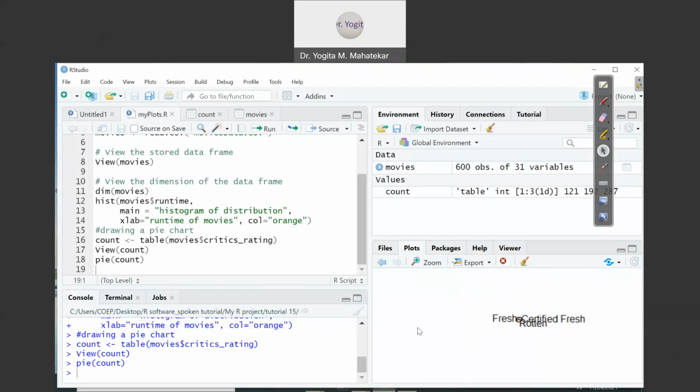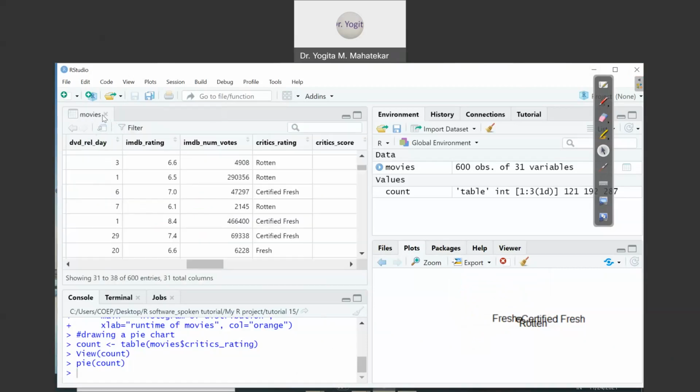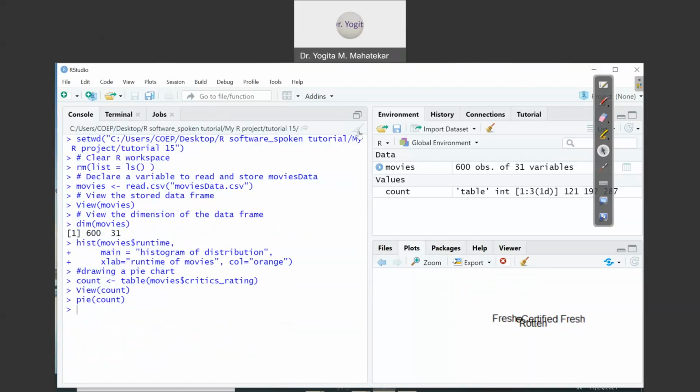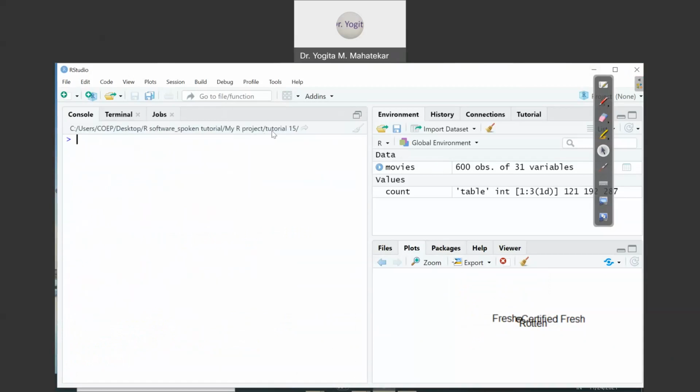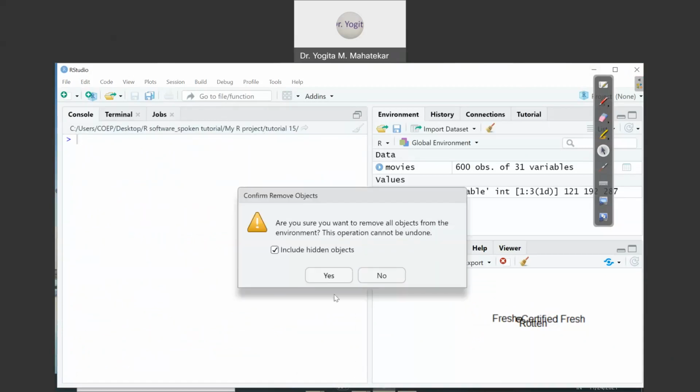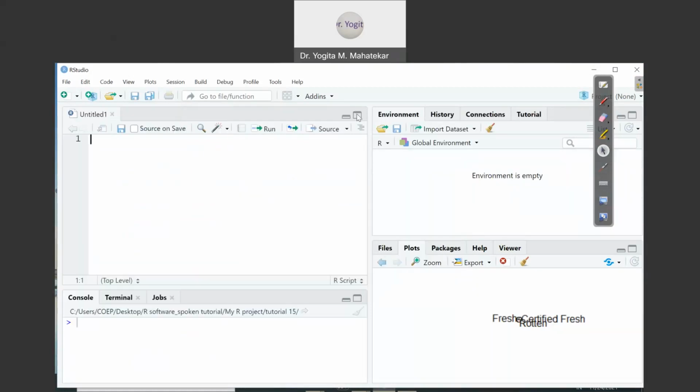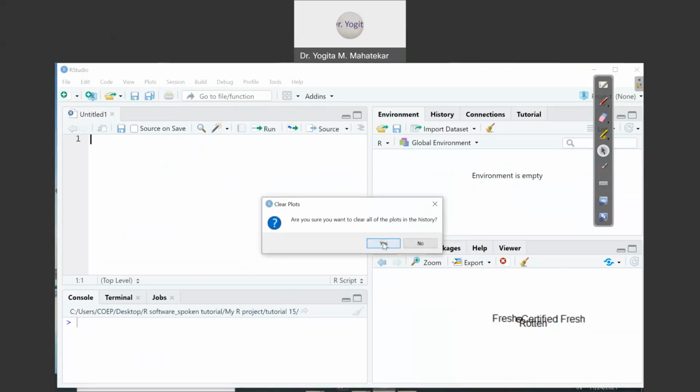Now we will go towards plotting bar charts and scatter plot. For that I have to change my current working directory because I have stored the commands in some other script file in the folder, namely tutorial 16. So let me just clear everything from the window, and we will start fresh. Now RStudio is totally blank in all those four windows that are appearing in RStudio.